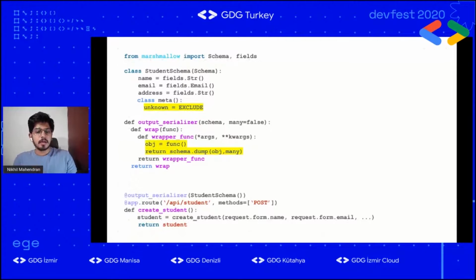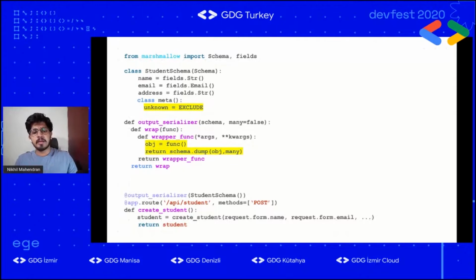In the output serializer, you can again focus on the highlighted part. You call the function and you store the returned object in obj. After that, schema.dump(obj). What you are doing is creating a new object from the schema. After you dump, schema.dump returns a new object that has only the fields we whitelisted in the student schema.